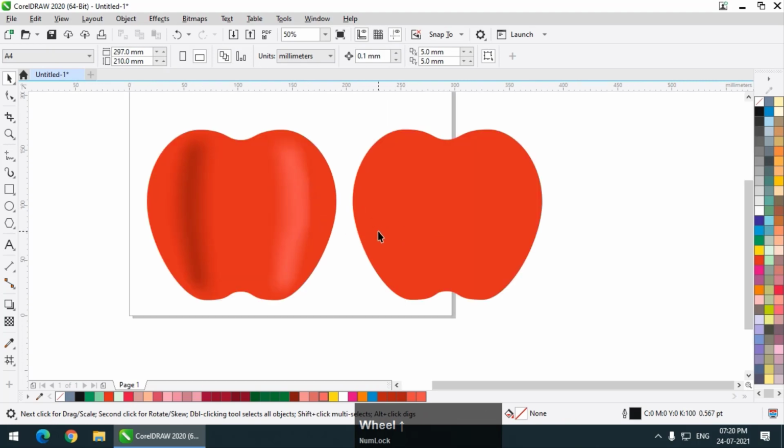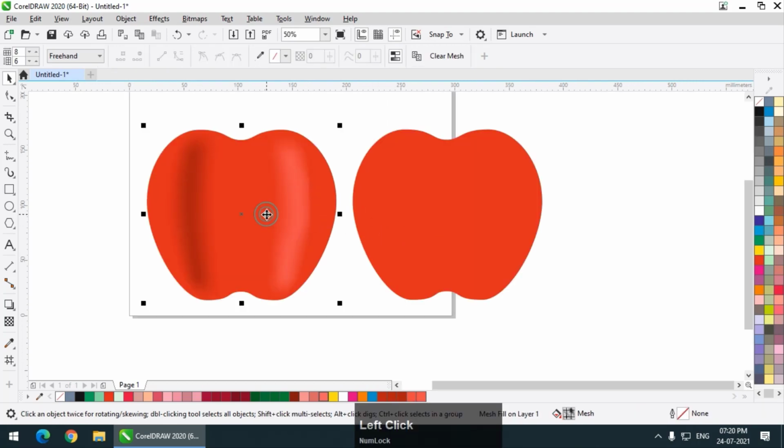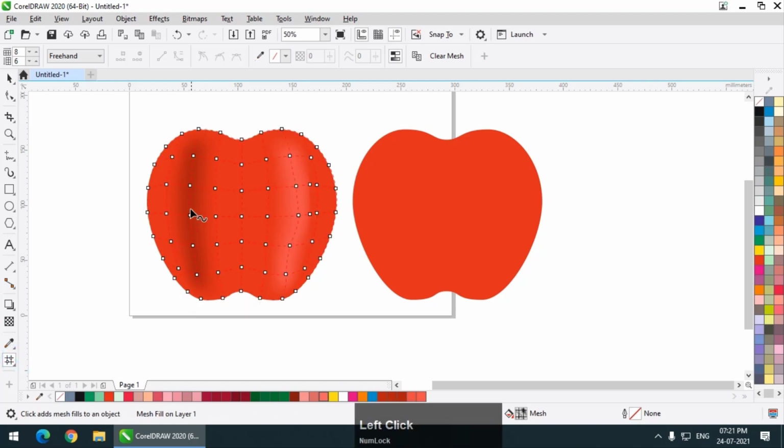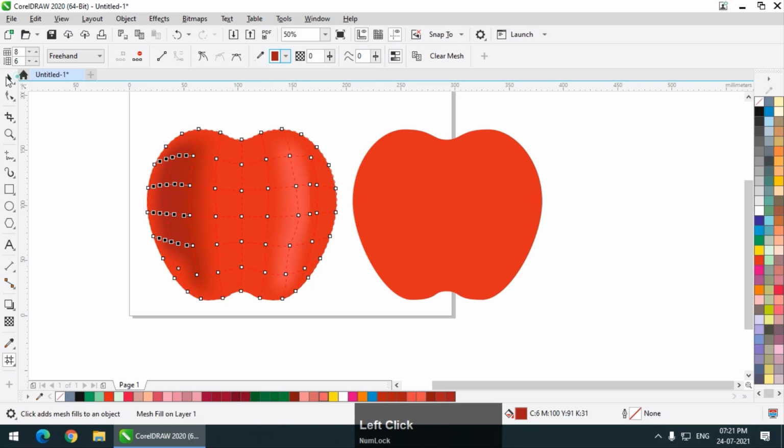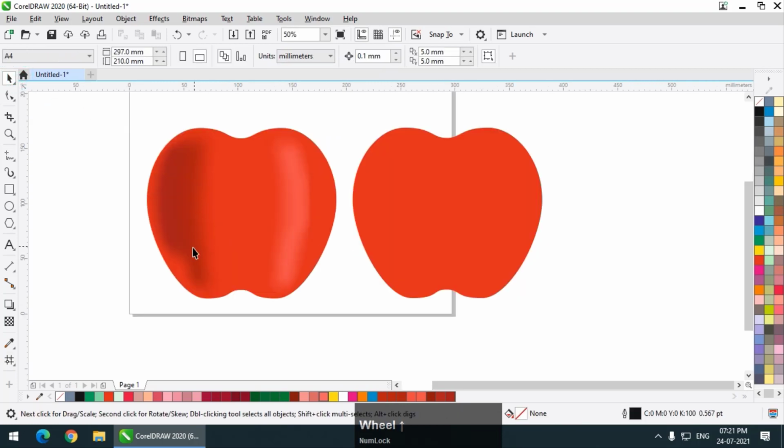So at least this particular object that we used the mesh tool on is looking like a shape with more depth in color or more shades. You can simply add some more colors if you want. Let's say if I want to select these particular points, I can make them even darker like this, maybe a little bit less, so it will look something like this.